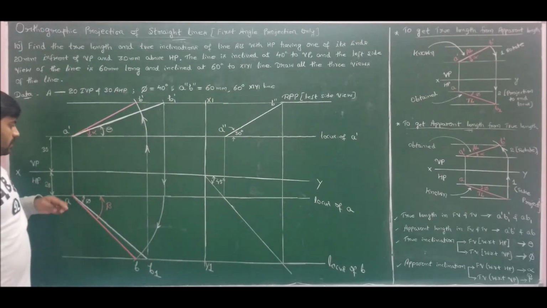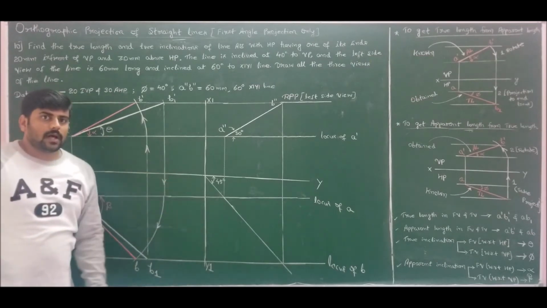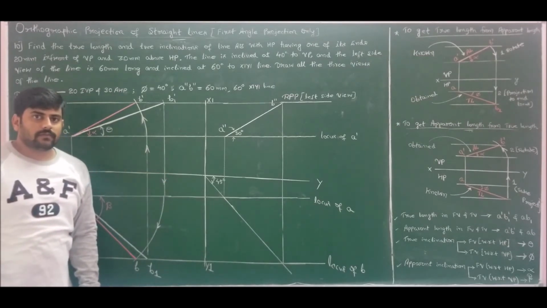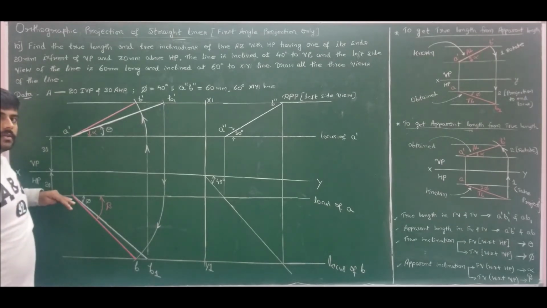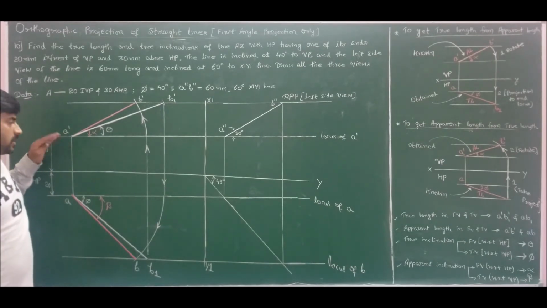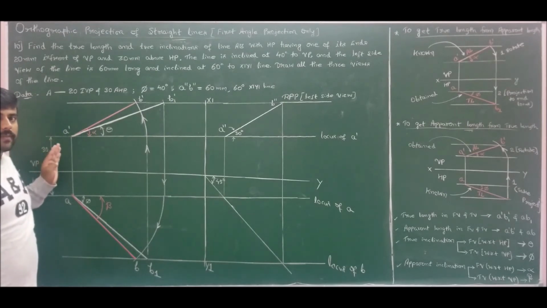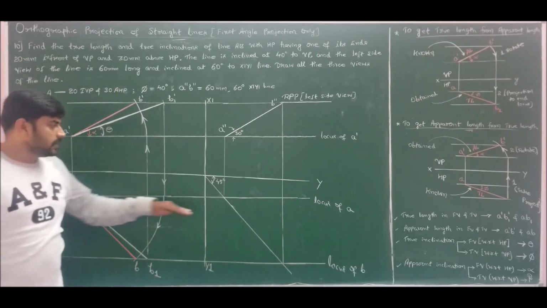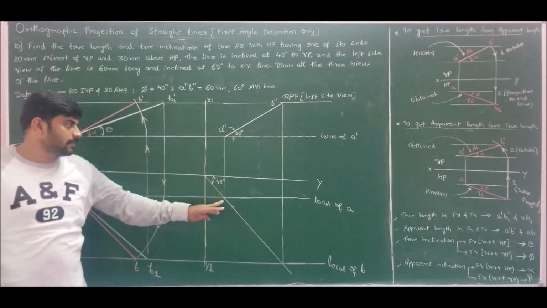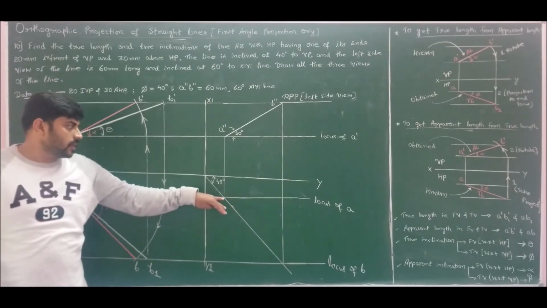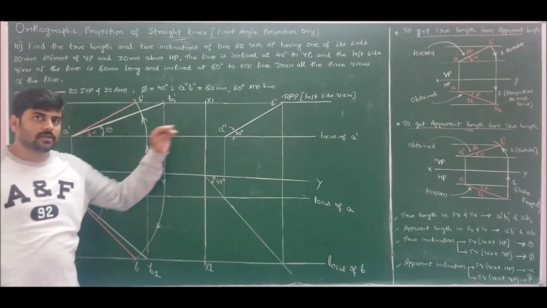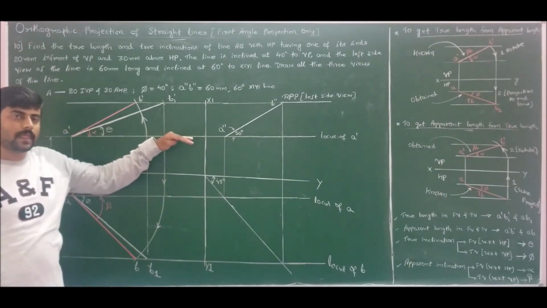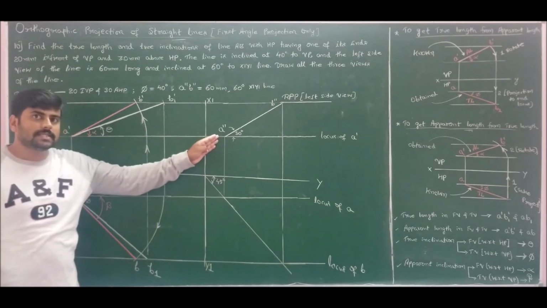Now to extract the side view, draw a 45 degree line at the intersection of xy with x1 y1. Now I know the locus of A and I know the locus of A dash. So now it is somewhat like orthographic projection of points, considering this end A as point A and A dash. Now to extract the side view A double dash, from the top view draw a horizontal to intersect the 45 degree line, which is nothing but the locus of A, which intersects the 45 degree line here. From there you take the vertical projection and take the horizontal projection from front view. The intersection of these two lines will give us the side view.